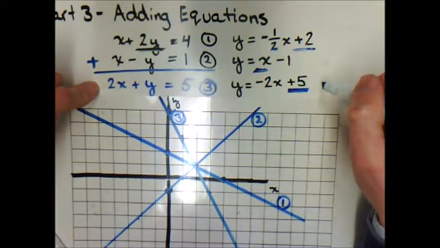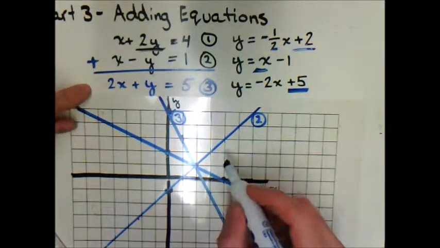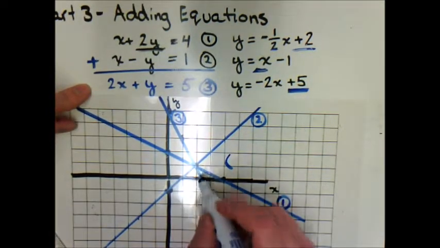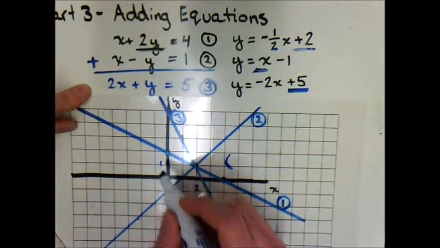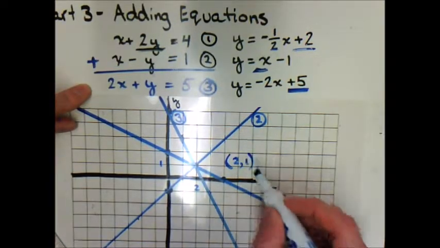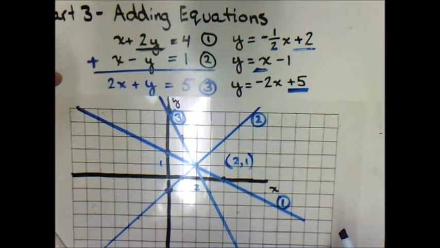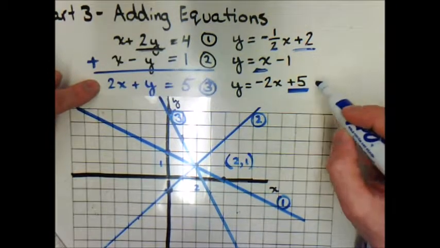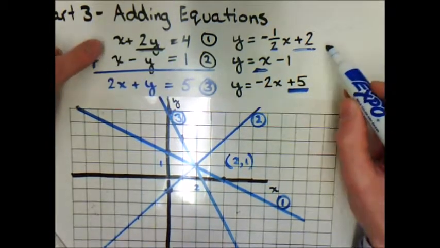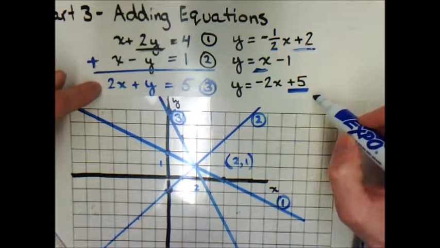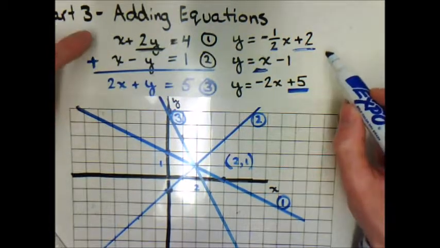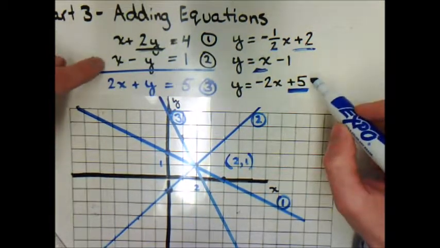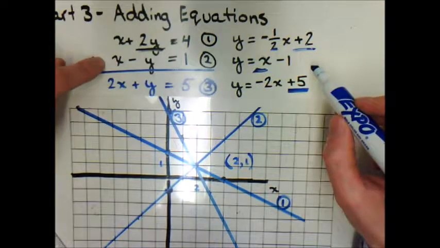The solution for this system is the point 2, 1. And this third one was actually an addition of the first two. We didn't even know this third equation until we added equation 1 to equation 2. So if you need to find the point of intersection,